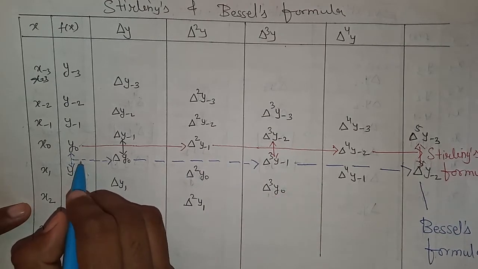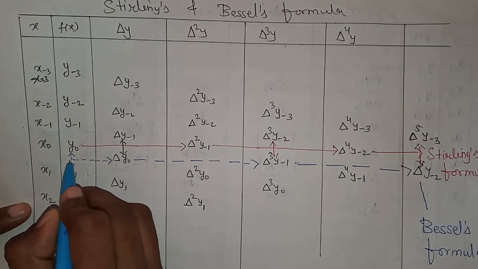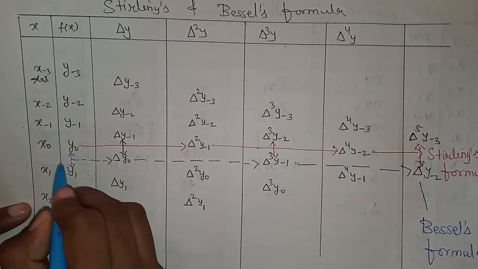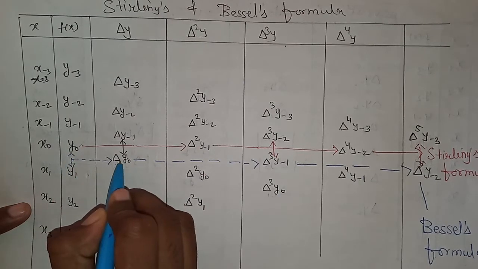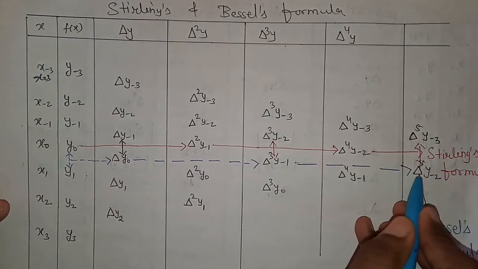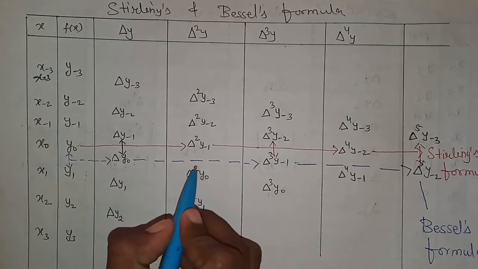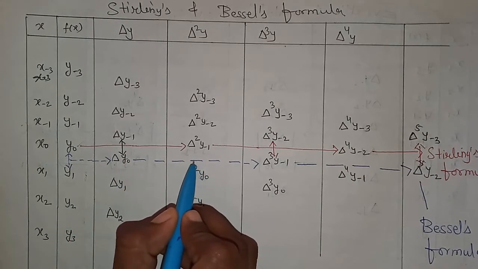First of all, we will see on which points, which differences, the line passes. Actually, it starts from the y0 and y1 center, then delta y0, then delta cube y minus 1, and then delta raised to 5 y minus 2. But if you observe carefully,